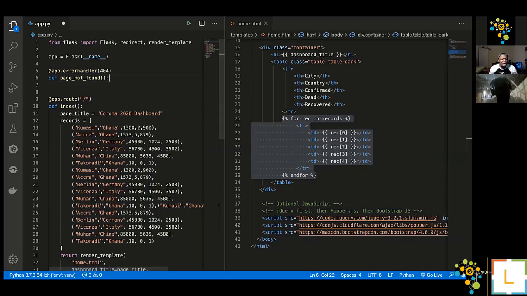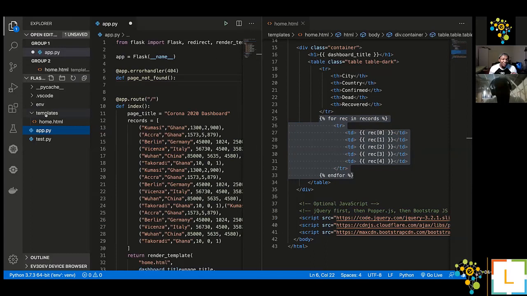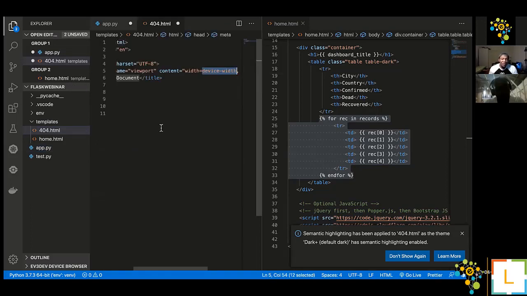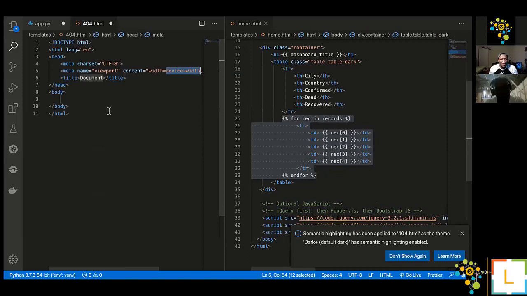So what we can do is we come into our template and then we create the page that we want to show to users whenever they visit a URL that doesn't exist. You don't have to call it 404, but conventionally you call it that, so that anybody that looks at your source code knows that this is what they are going to get when they hit a page that doesn't exist. So I've inserted some boilerplate HTML code in there, and then I'm going to say,